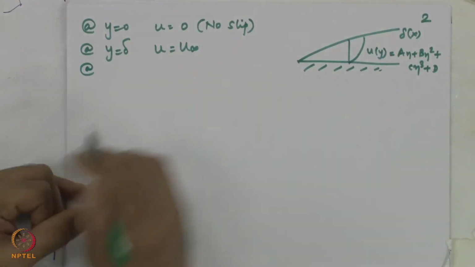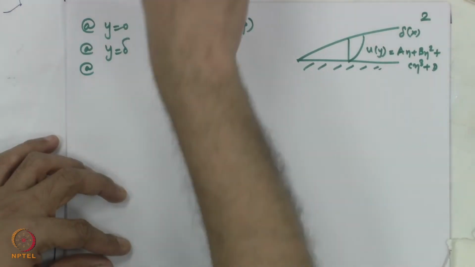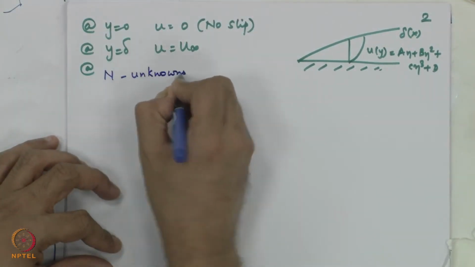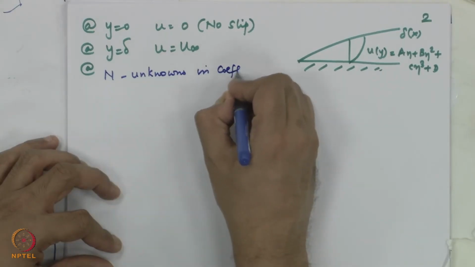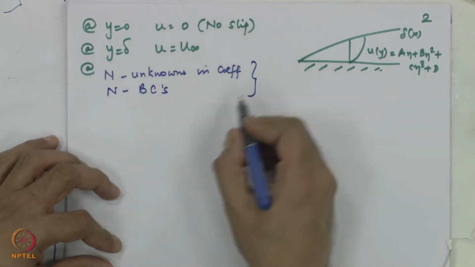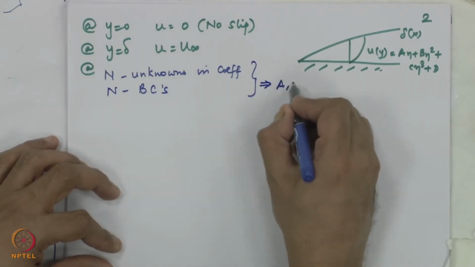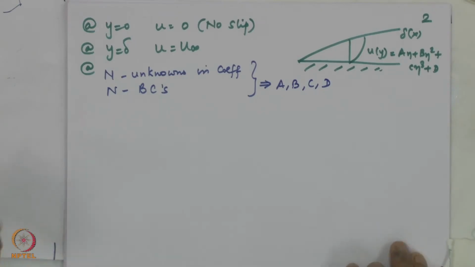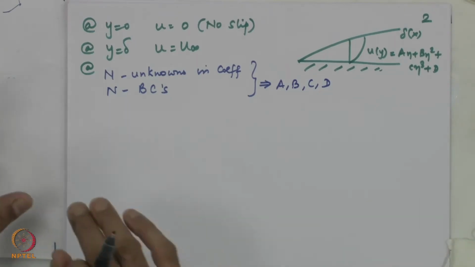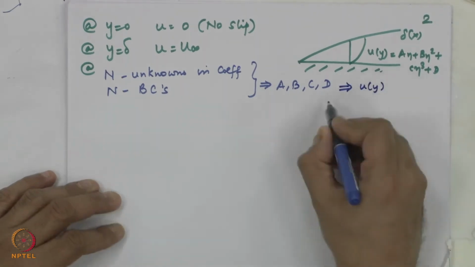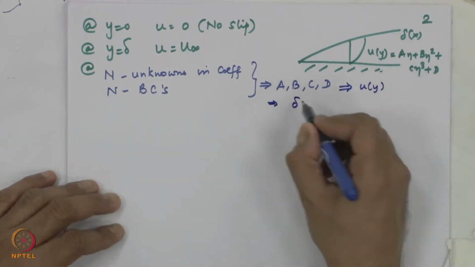I have to put them in a form which can be used mathematically. With n unknowns in coefficients, I need n boundary conditions, and then only I will be able to solve to get A, B, C, D. It might require matrix inversion, it might require very complicated algebra, does not matter, I will get A, B, C and D, and therefore I would get u of y, which means I would get my boundary layer thickness